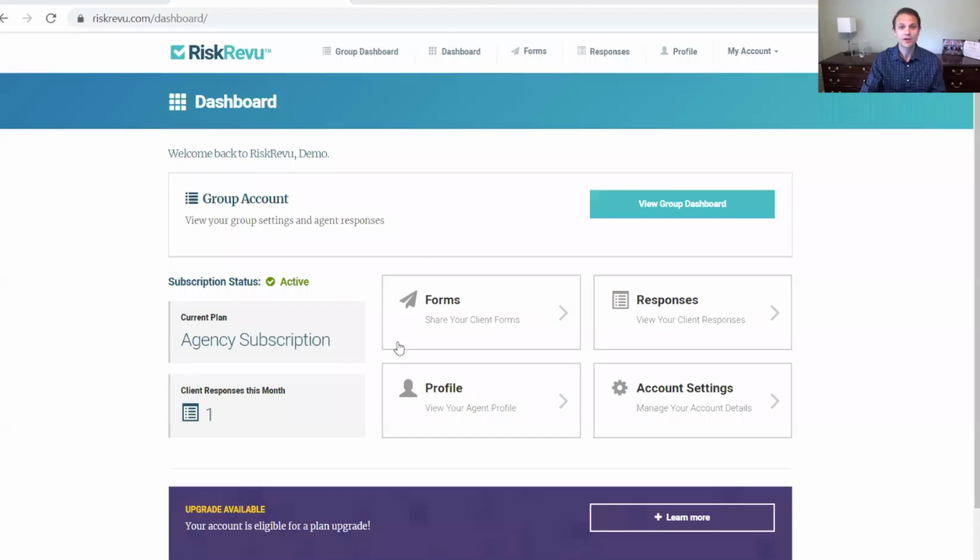Okay, so now we are looking at the dashboard for RiskRevu. When a user signs in for the first time to RiskRevu, this is the dashboard that they will see. I'll take you through a quick tour of the dashboard so you can see the different areas and the different functionality. All right, so first thing we would do as a new user is go and set up